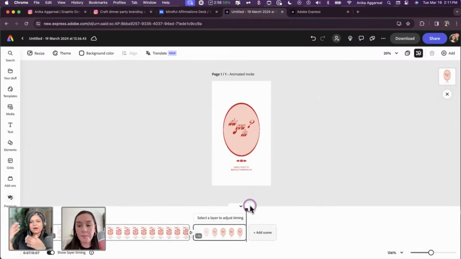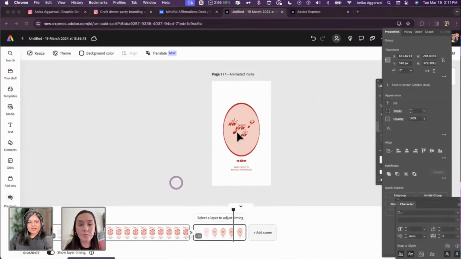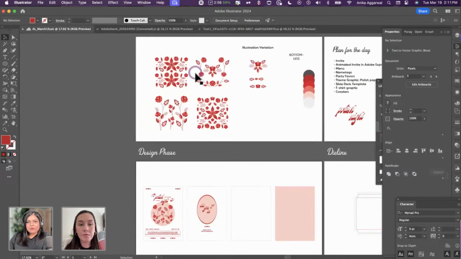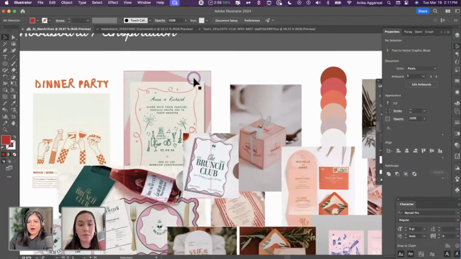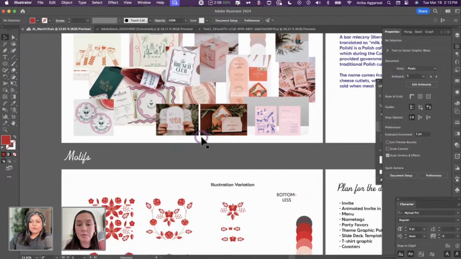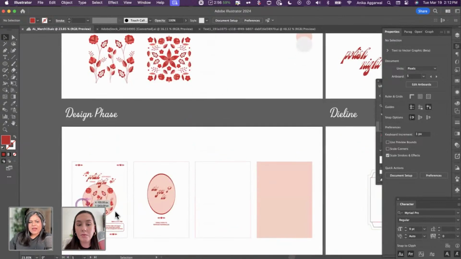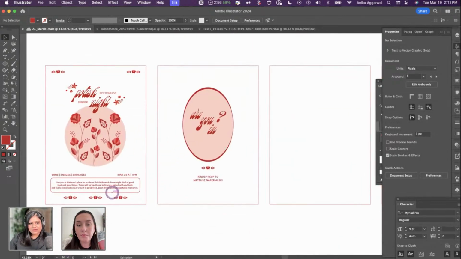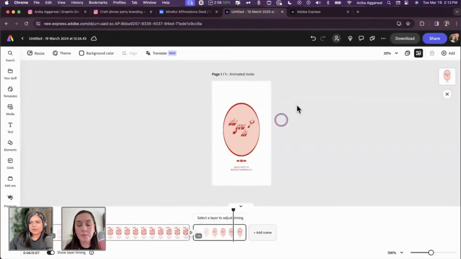So, reading out loud and how your audience will read it will also help. And considering a variety of audience would also be helpful. So, just keeping that in the back of your head, going back to the drawing board and the mood board while you're designing stuff is really important. So, what I do is basically once I'm done with one design, I go back to the drawing board and see, this is my inspiration. If this was a client that approved one of the mood boards, does this really speak to the language or the messaging that it had? And I think it actually really does. So, yeah, I think that's something super important.